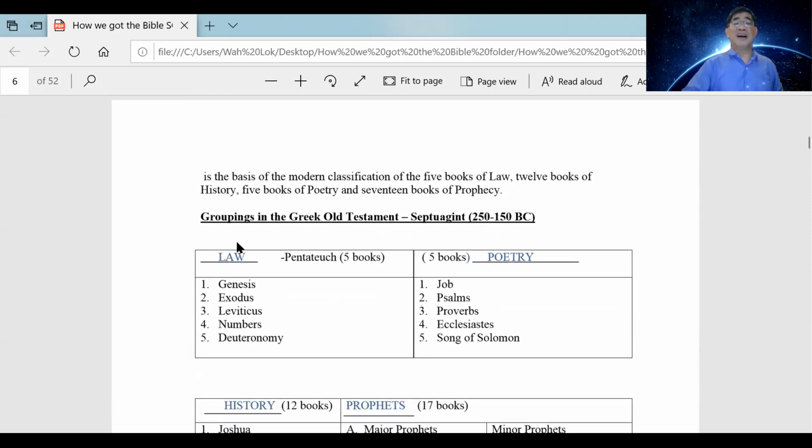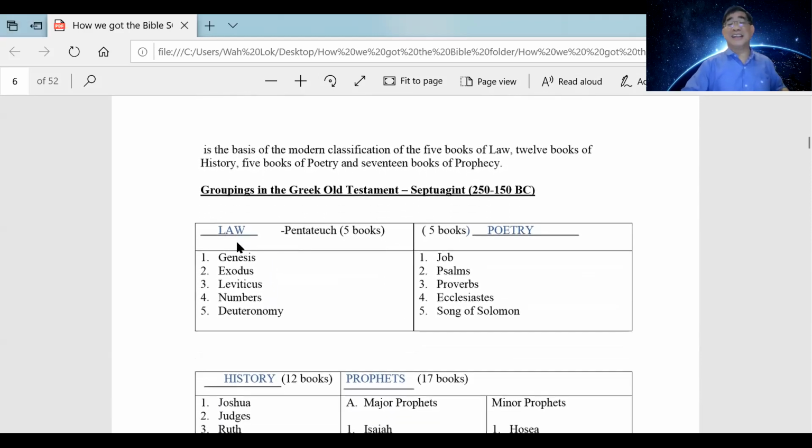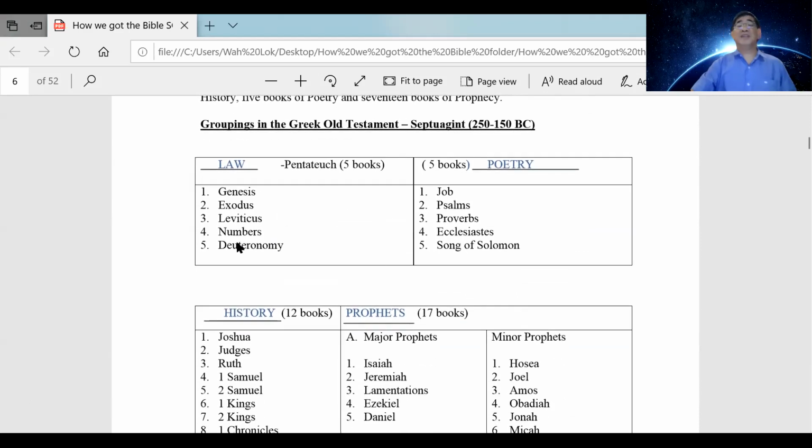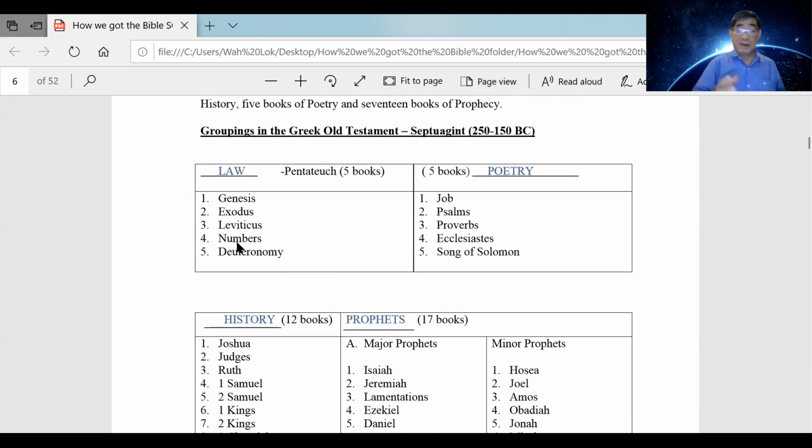I want to share with you now. When they translated into the Greek Septuagint, the translators, remember Hebrew has 3 sections. When they translated into Greek, they reclassified the books into 5 different sections. Okay, so this is the structure now in your notes, right on the screen, the structure of the Greek Septuagint. In 250 BC this book is structured like that: